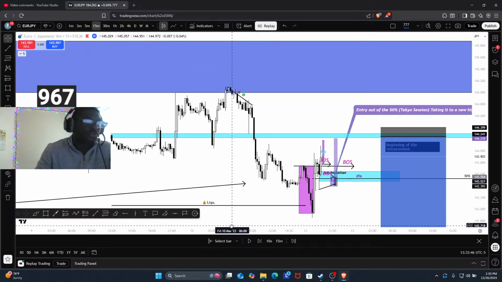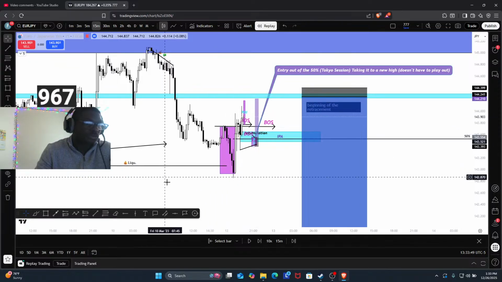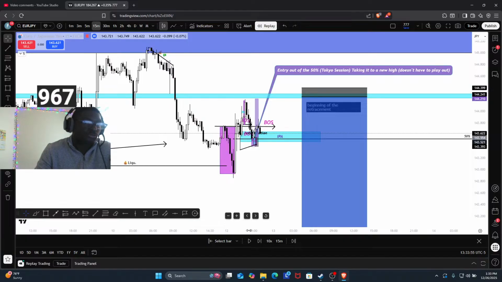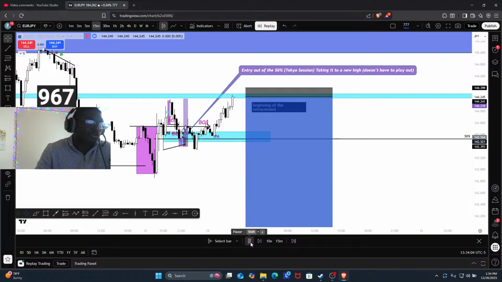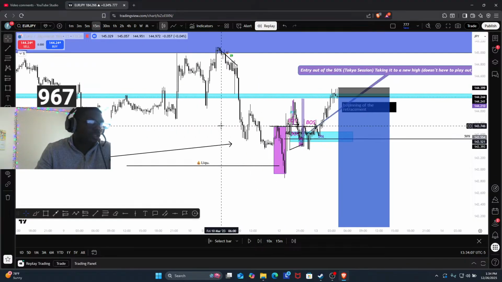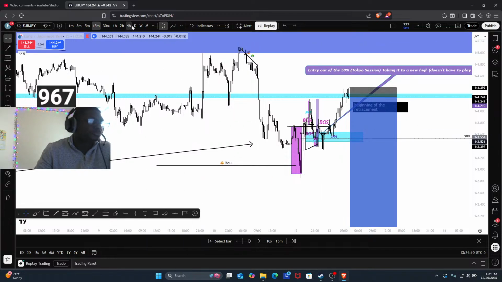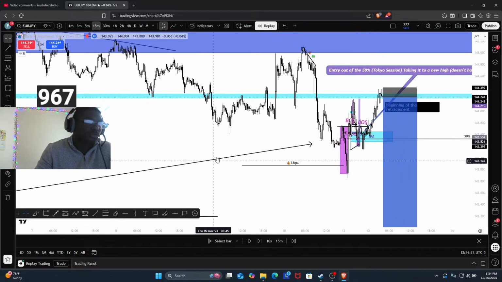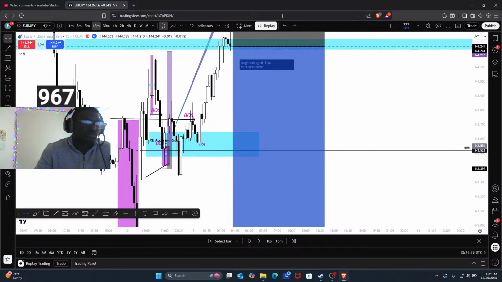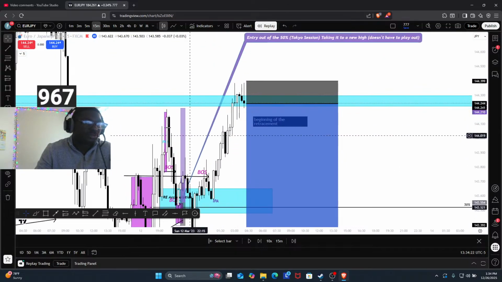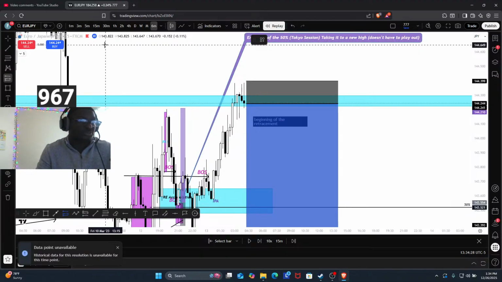Okay. It reaccumulates. Now we're waiting for that area that we marked. Did it even tap in there? No, it didn't. I'm not looking at it yet. There it is. We're in there. Okay. Why is this valid? We already understand. We know why it's valid. 1 hour broke structure out of that area. We're waiting for a nice breaker structure here, which we know on the 5 minute, that's a break. I can't see it. Maybe 6 minute.